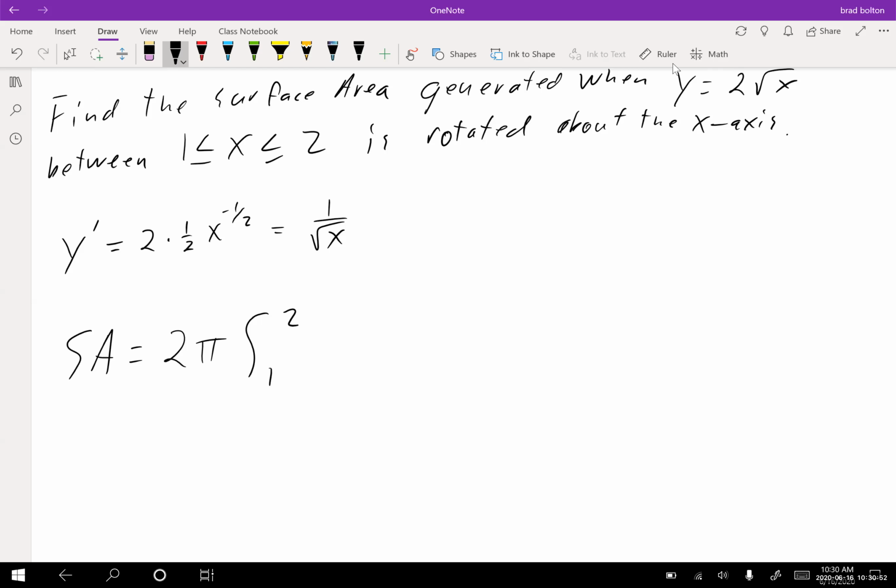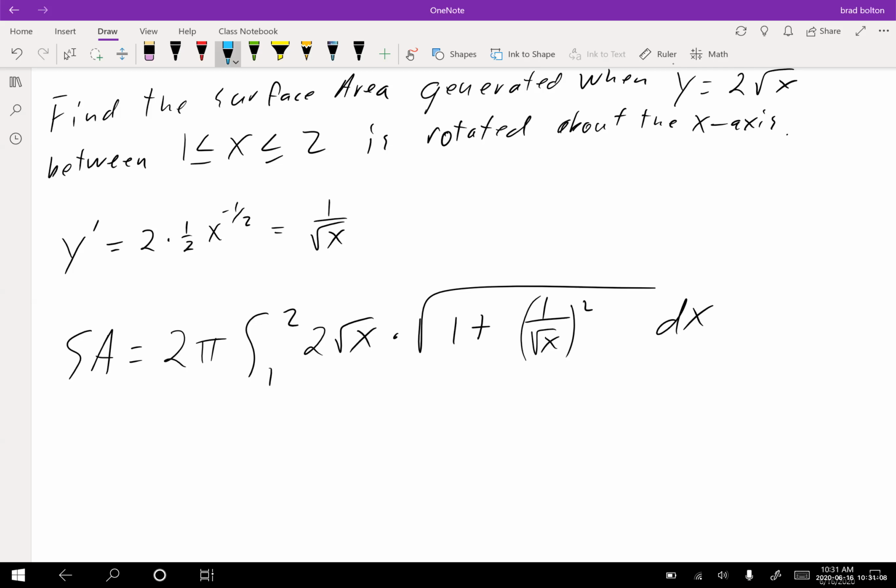Our radius is y, so we're going to have 2 square roots of x times the square root of 1 plus 1 over the square root of x, quantity squared, dx, right? And remember, this is my L, this is my R, and this comes from the circumference formula, right? The wrapping around of the